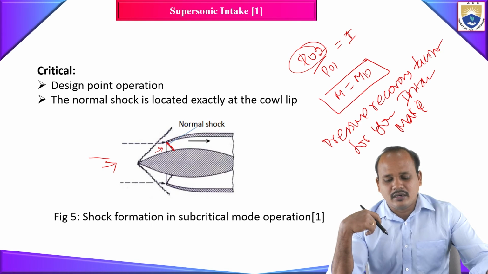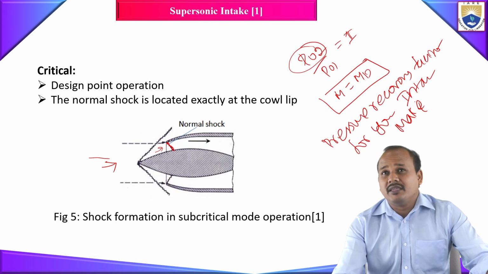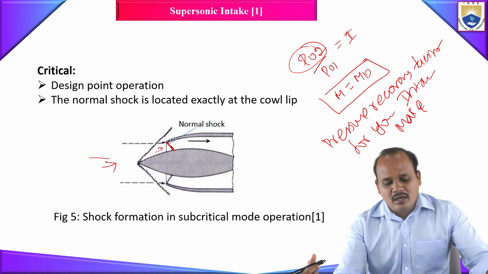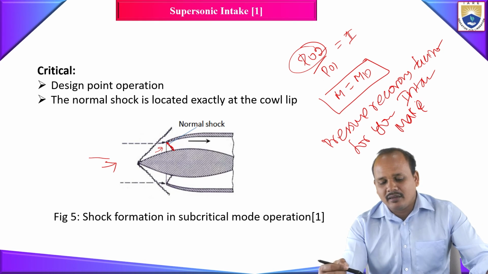Okay. So with this, whatever topic I was planning on covering is over. So what have we discussed today? We have seen about the supersonic intake, and how the complexity of designing a supersonic intake increases. And we have seen why we need a series of shockwaves in a supersonic intake, and why this series of shockwaves should consist of oblique shockwaves followed by a normal shockwave. And we have seen a normal shockwave should form at the location where your Mach number is slightly greater than 1,